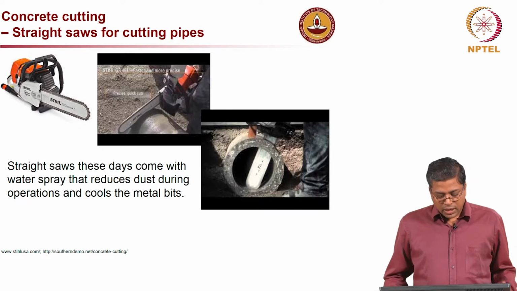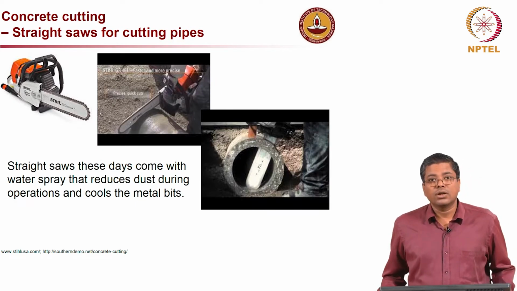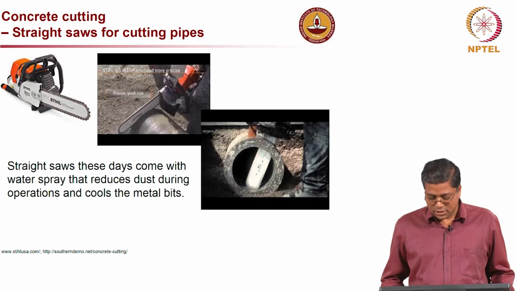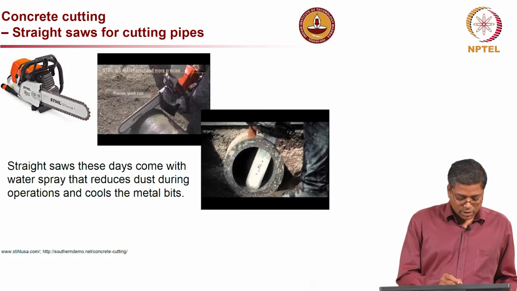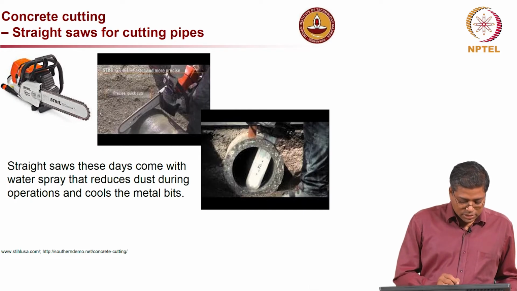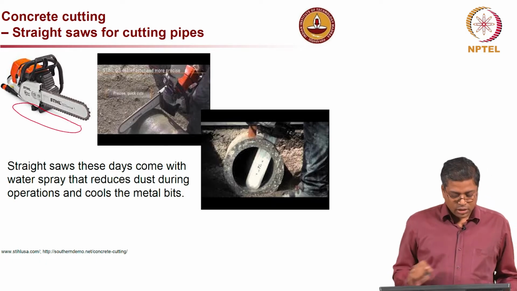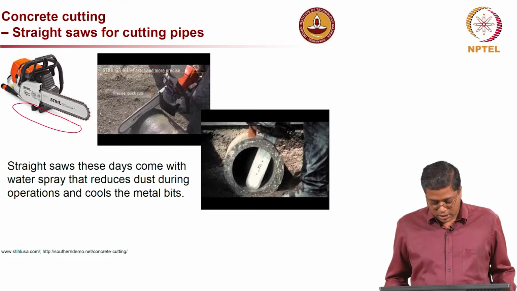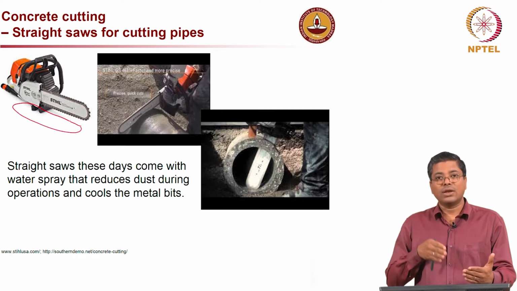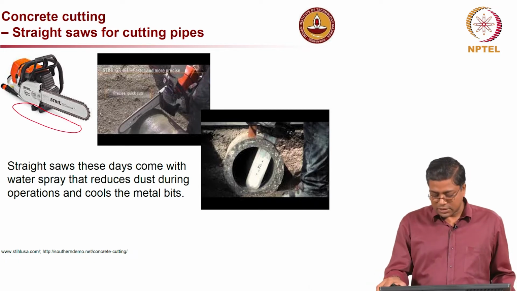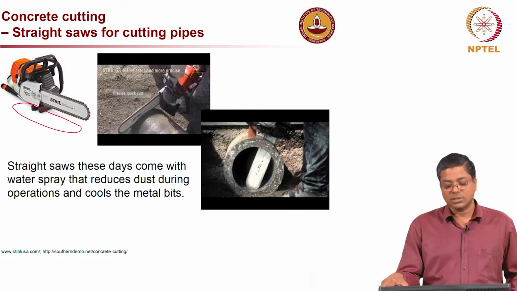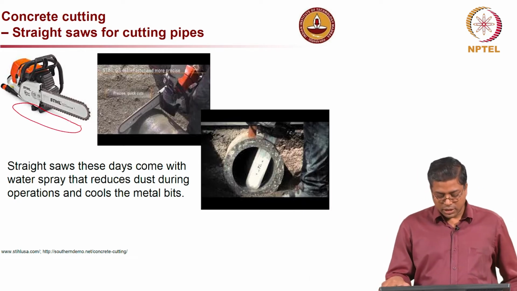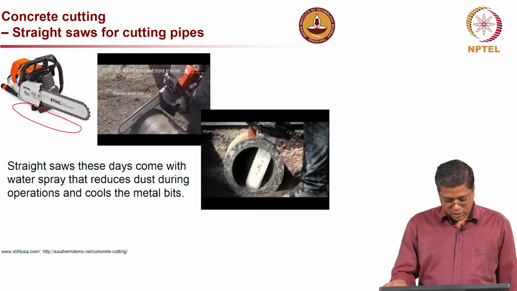Now, if you are talking about work associated with concrete pipes, this kind of saw blade can also be used, and these are straight saws, not the circular saw which we used to use in earlier times. So, straight saws can go very deep, deep cuts are possible, that is the main advantage, and this actually comes from the timber industry, where it was originally introduced to cut trees.